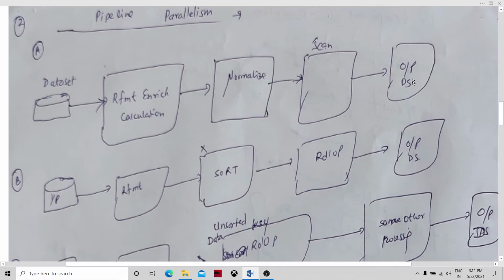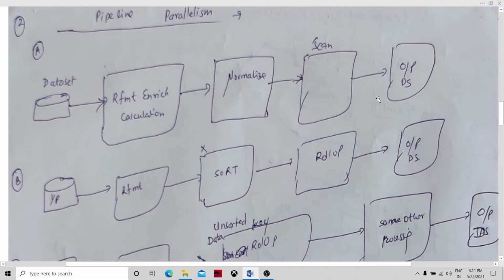So if you look at example number one, reformat is running and doing some processing, and at the same time normalize two is running and doing some operations on the particular data set, and at the same time it's scanning and probably putting the data into the output data sets.